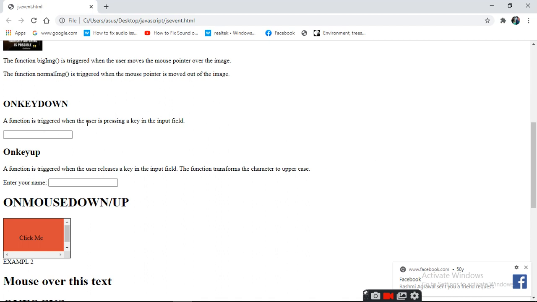A function is triggered when the user is pressing a key in the input field. अब यहाँ पे जब हम आएंगे तो कुछ भी अगर लिखेंगे तो वो काम करेगा.